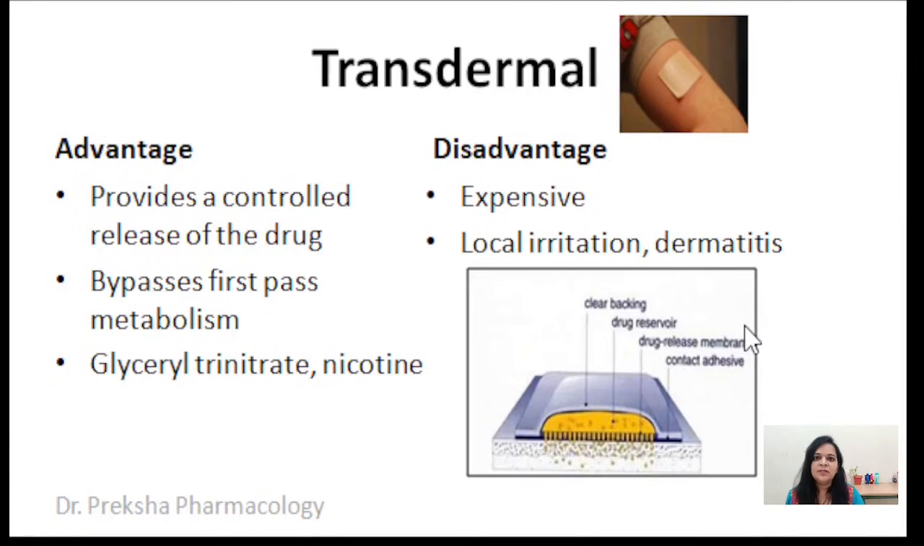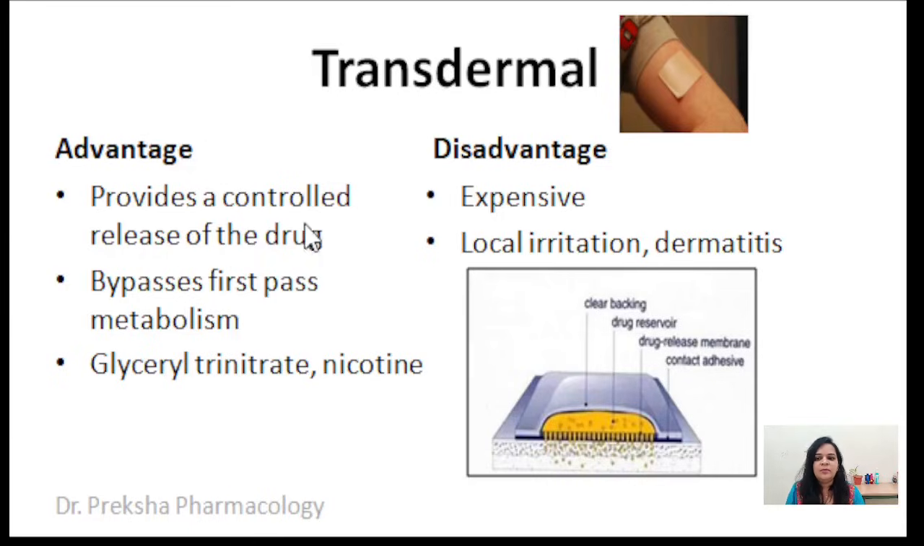Now coming to the transdermal route. So here the transdermal patch are applied over the skin, for example, over the chest, abdomen, upper arm, and it will exert its action by releasing through the membrane. So it will directly provide controlled release of the drug,